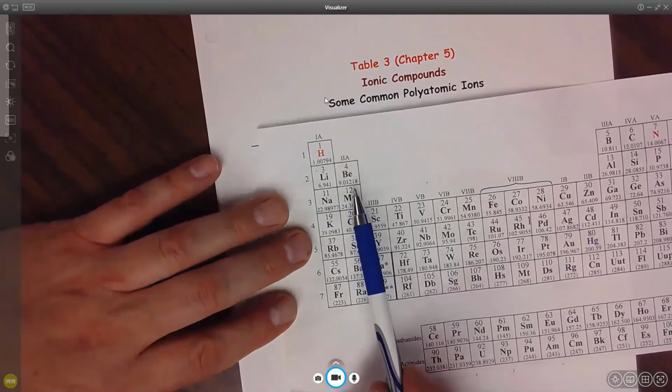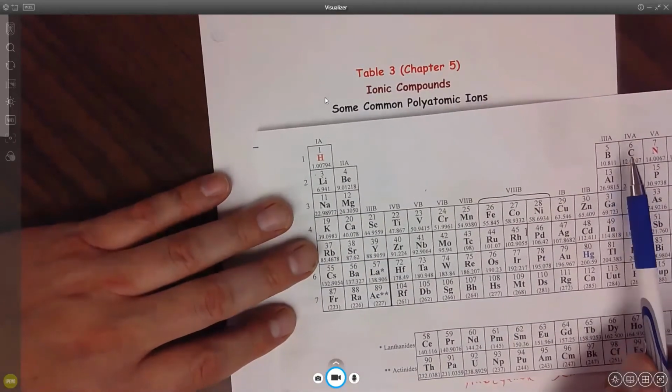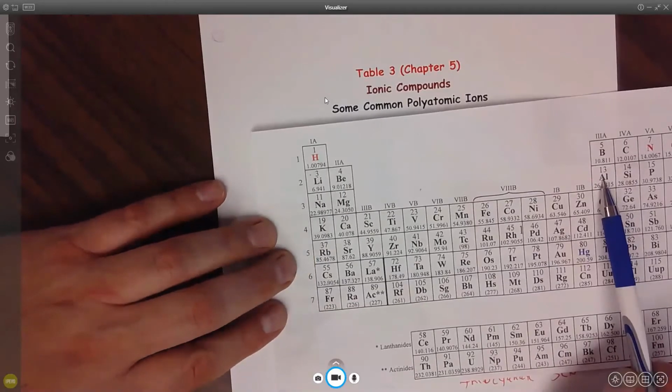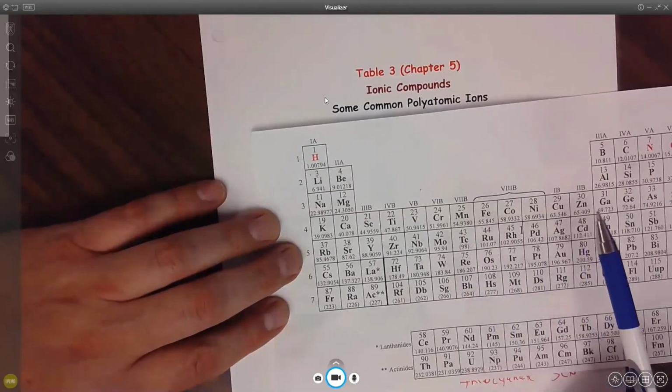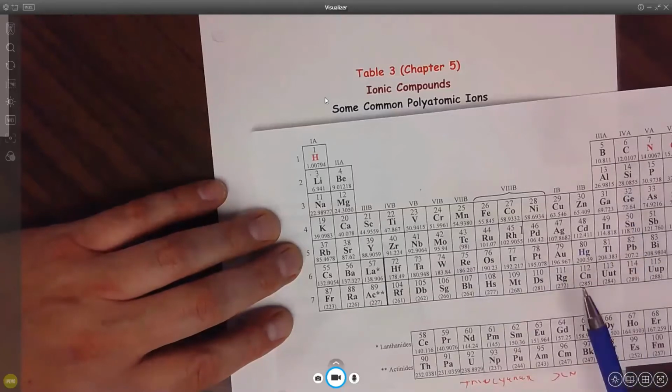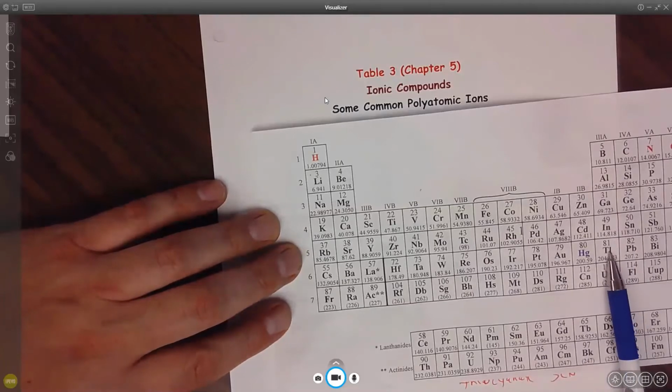Group 2 always lose 2 electrons to form +2. Aluminum always loses 3 electrons to form +3. Boron never forms ionic compounds. Okay. Now, the other heavy main group elements like gallium, indium, thallium, they have 2 possible charge states, +1 and